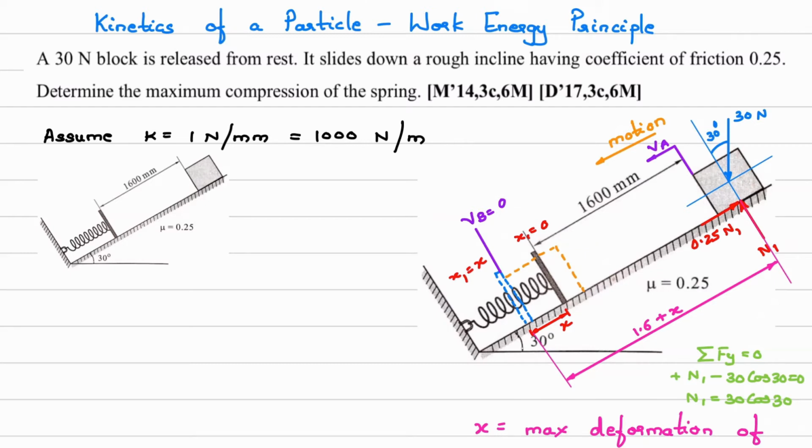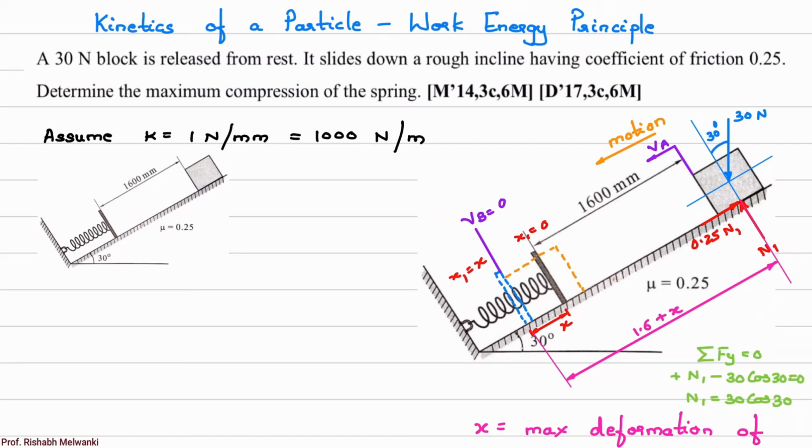Then when this block is released from rest, meaning initial velocity is 0. So at this location, VA velocity, here you can see velocity is written, that is 0. Okay, so this block, it will move in downward direction. And here you can see a spring is attached and a platform is there. So this block will slide down and come in contact with this partition, and it will move in this direction, and the spring will get compressed. So here you will see that spring is compressed.